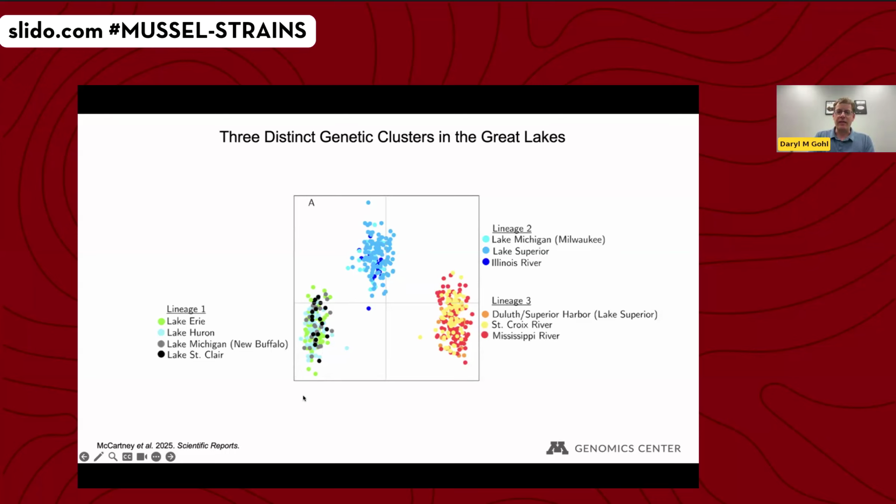And we interpret that to mean that when mussels were first introduced into the Great Lakes, it's thought that they were brought over from Eurasia in ballast from ships. And this suggests that there were likely 3 independent events where mussels were introduced into the Great Lakes. There are 3 very genetically distinct populations. And then that genetic diversity in the Great Lakes has seeded and formed the basis of all of the other diversity that we're seeing throughout the country in inland lakes.